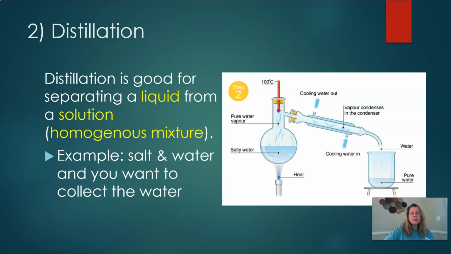Okay, the next example is called distillation. This is good for homogeneous mixtures or solutions. And here what happens is that you are separating the liquid from the solution. So a good example of that type of mixture or solution would be salt water. If you were to take a box of salt and start pouring it into water and you stirred it up,